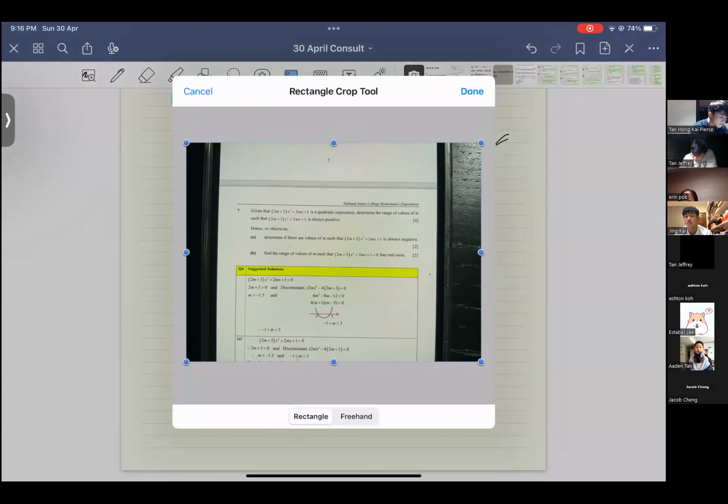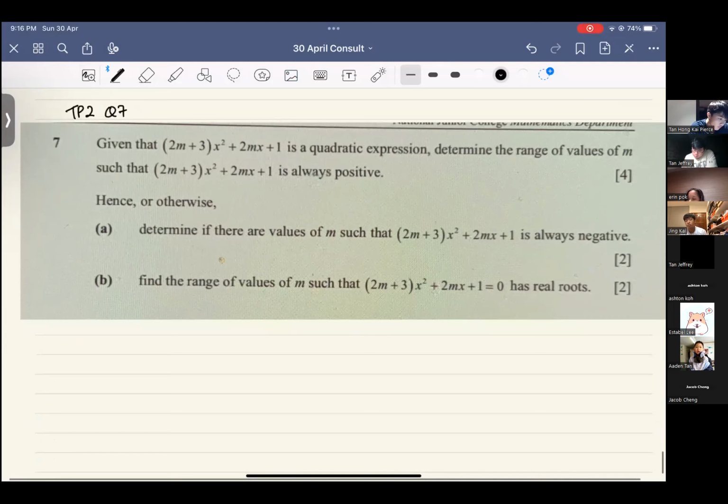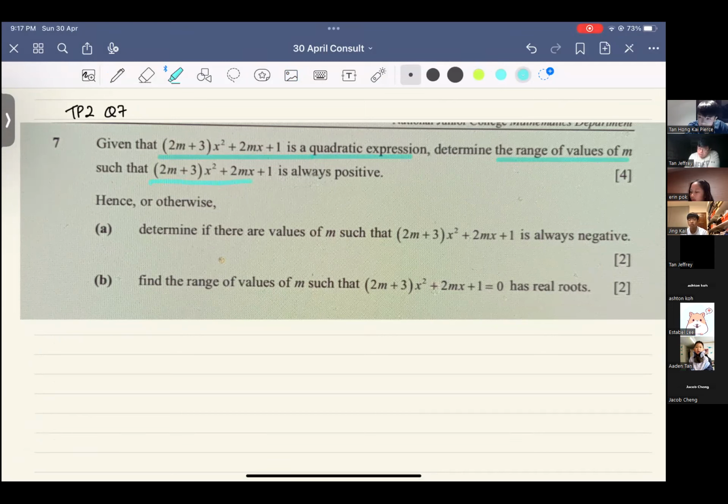Okay, so question 7, this is time prep 2, question 7. TP2, question 7. Okay, determine, 7 from the start, or 7A or 7B? 7, yeah, from the start. Given that this is a quadratic expression, determine the range of values of m such that it's always positive. So this is the one where